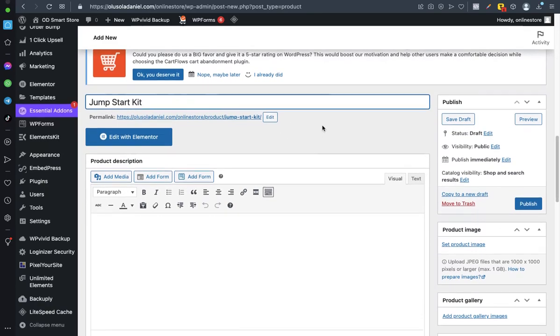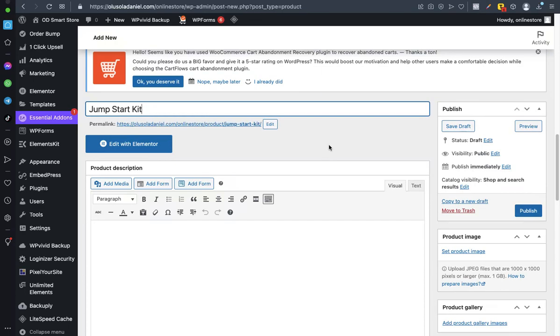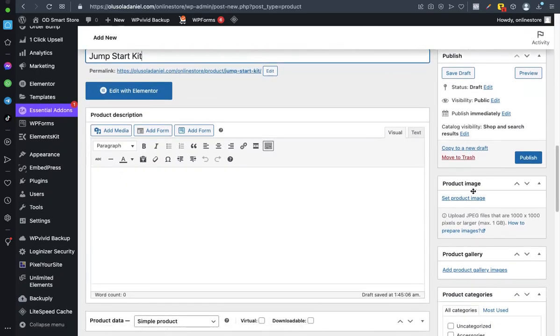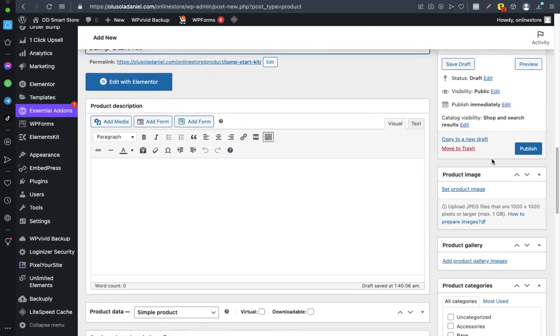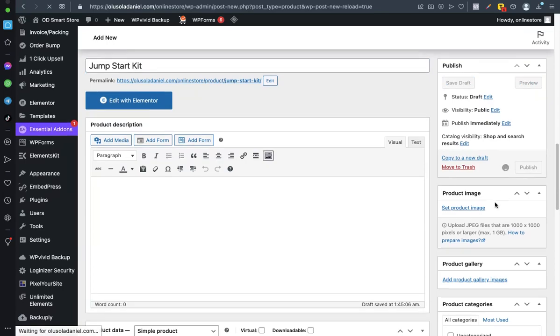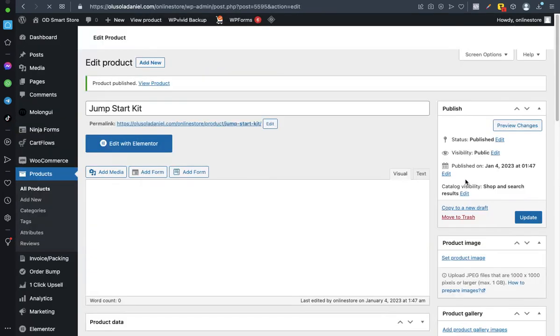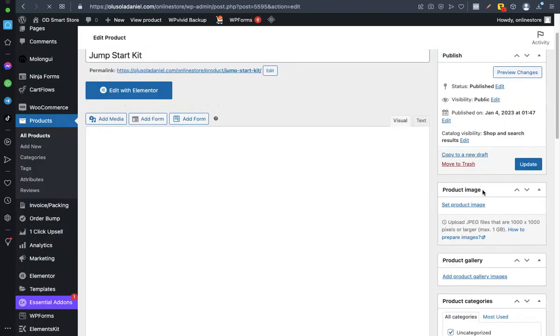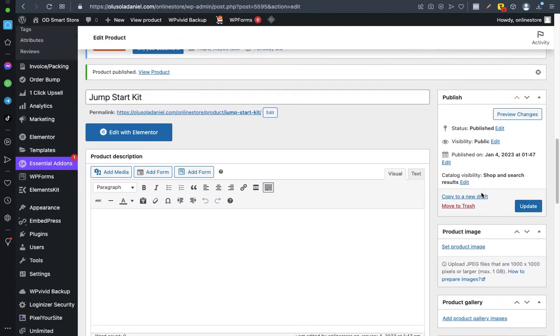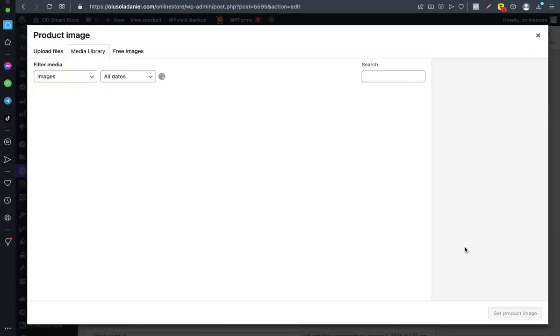So the next thing you want to do is add the product picture. You come to the right hand side of your screen like this. As you can see, product image, it says set product image. But before then, let's publish this page. Let's publish the product. So now once that is done, you set the product image, you scroll down, still on that page, you click on set product image this way, then it opens up your WordPress media